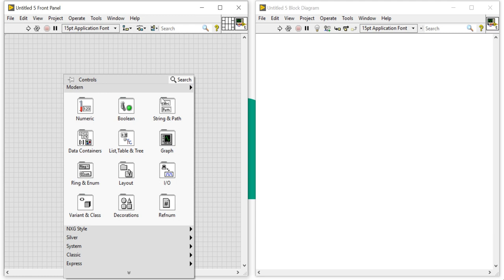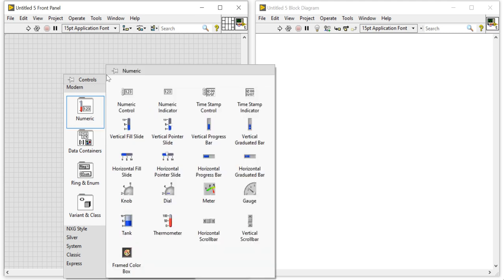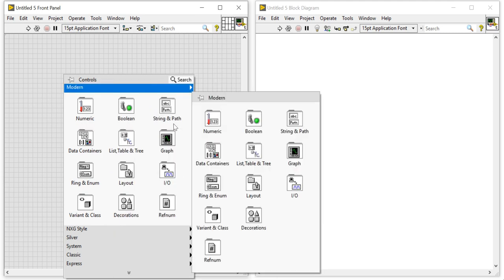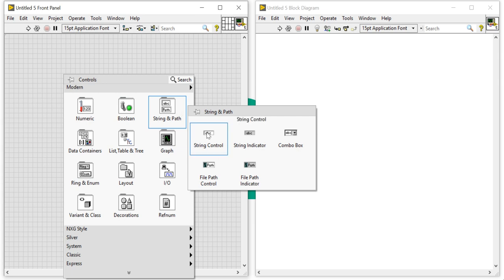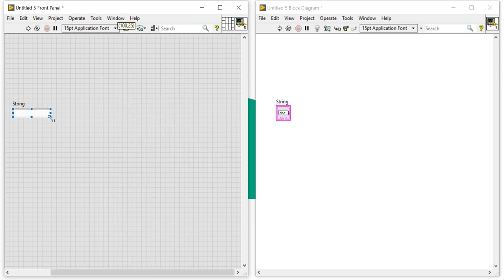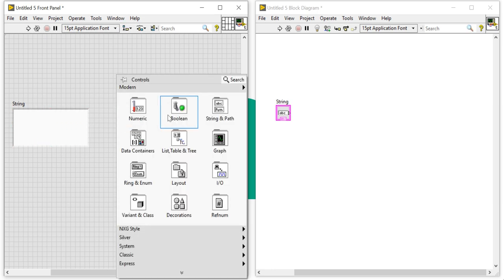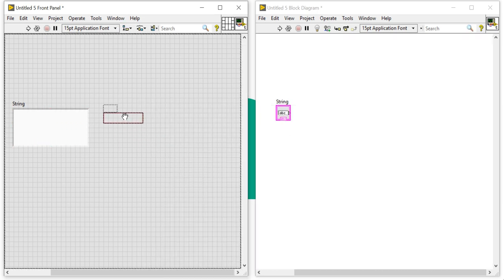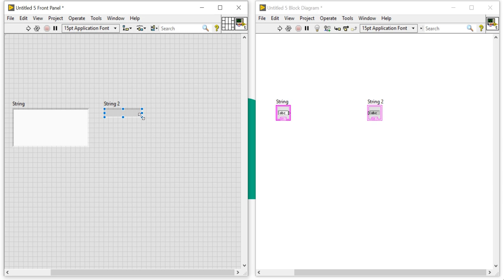We'll get the string in the controls palette, first row, third column. So first take a string control and take a string indicator and try to make a connection. So it is a string control and it is a string indicator.